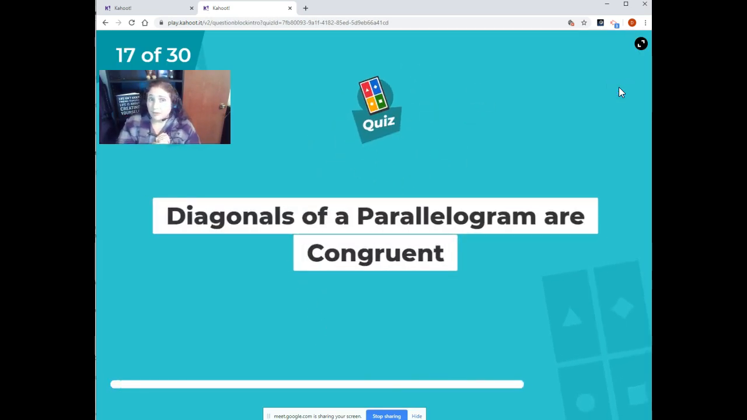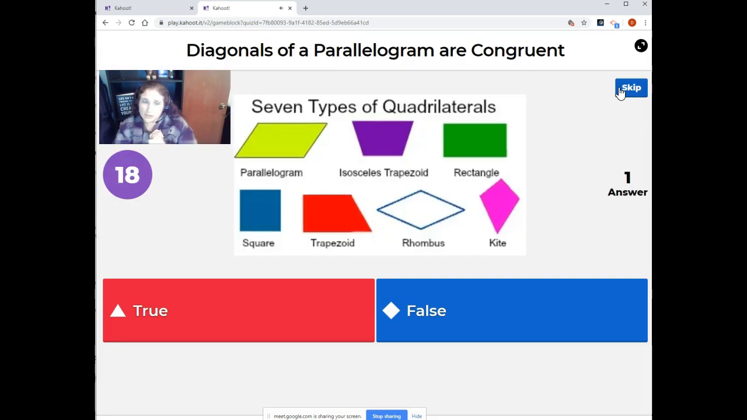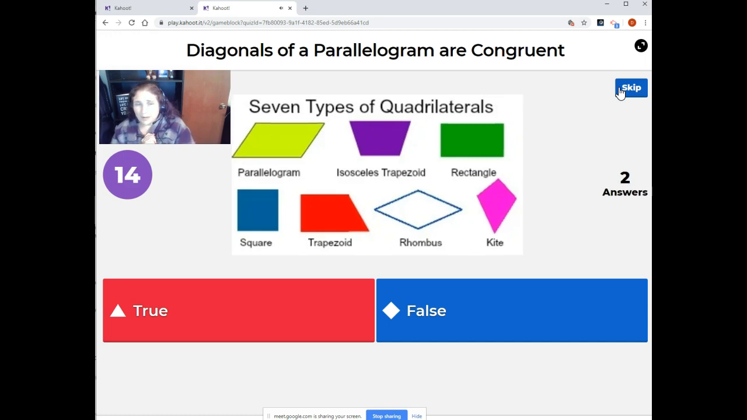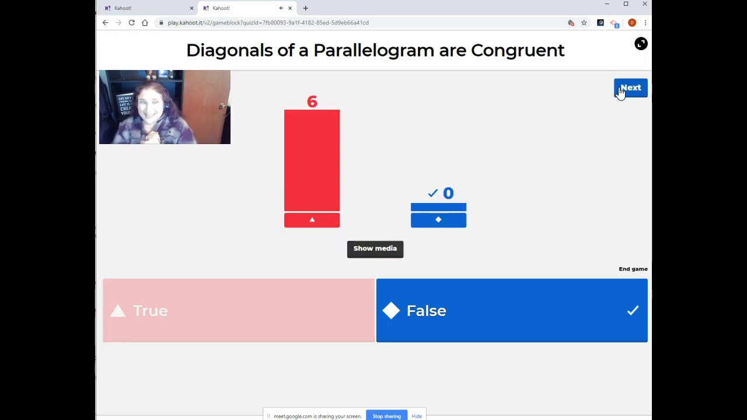Diagonals of a parallelogram are congruent. True or false? Diagonals of a parallelogram are congruent. Look at the picture. It's false. Diagonals of a parallelogram bisect each other. The diagonals of a parallelogram are not congruent because if we had a shape that was like a really long one,